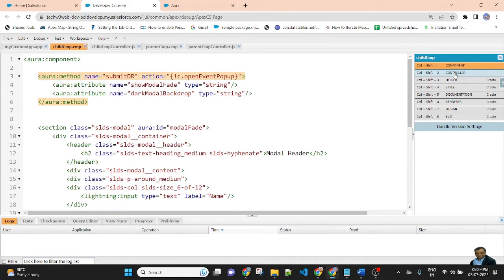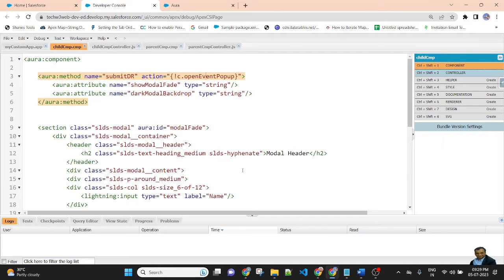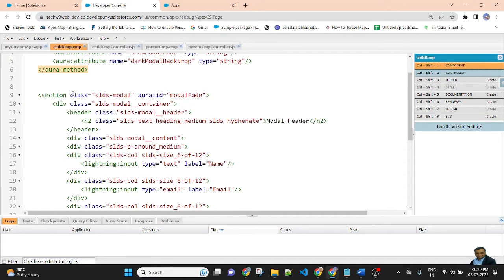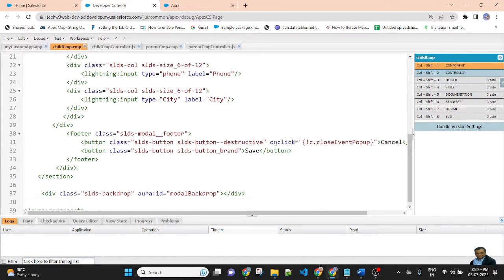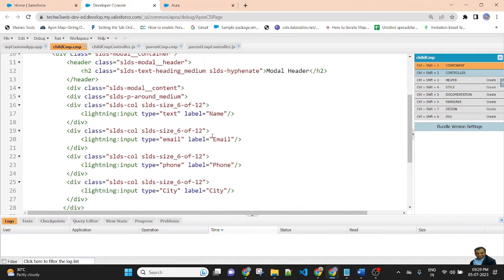If you go to the controller, this action method is created in the JavaScript, and here I am using two Aura IDs. You can see there are two Aura IDs in the section for opening the modal pop-up. I am using the Aura ID modal feed, and another for the background shade, the modal background.